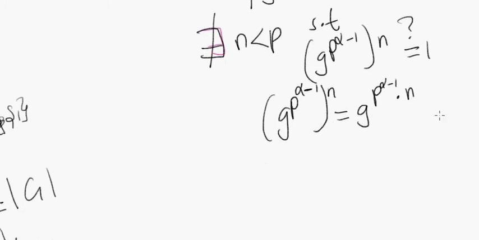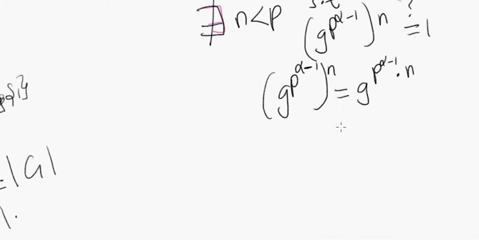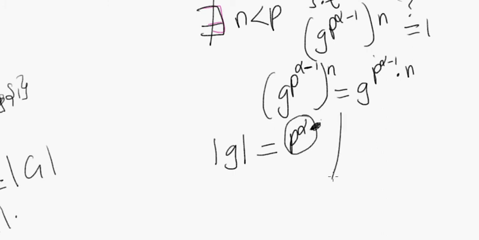So we know the order of g. What did we say the order of g was again? We knew that the order of g has to equal p to the alpha minus 1. Sorry, p to the alpha, right? So if the order of g is p to the alpha, aren't we saying that p to the alpha is the smallest power to which g can be raised to give us the identity? If that's the case, how can there exist some n